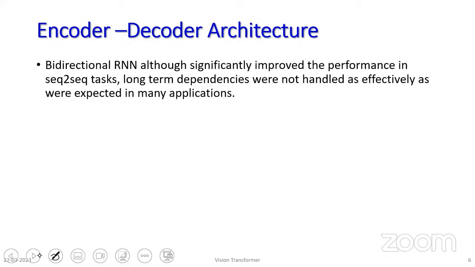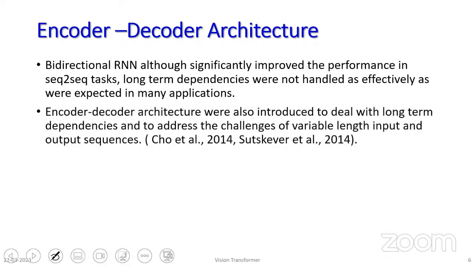That was the idea in the mind of people who introduced the encoder-decoder architecture. So this was introduced to deal with long-term dependencies and to address the challenges of variable length